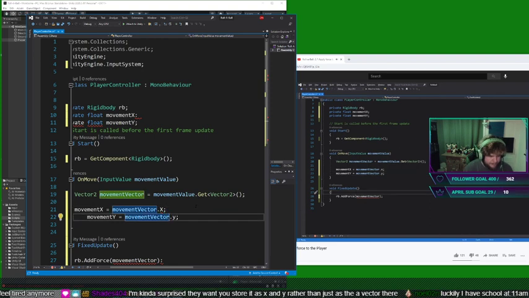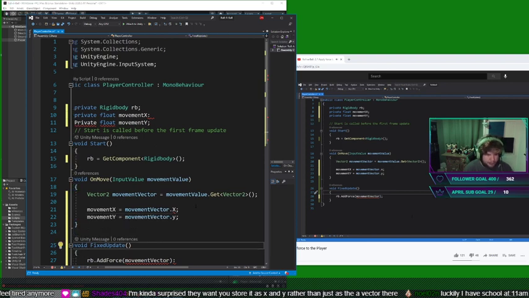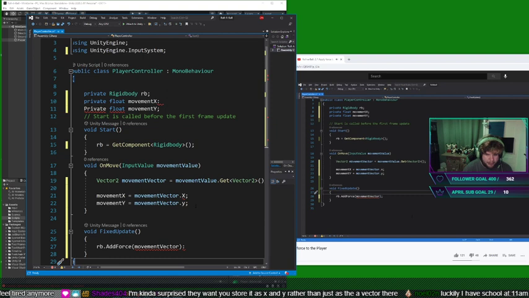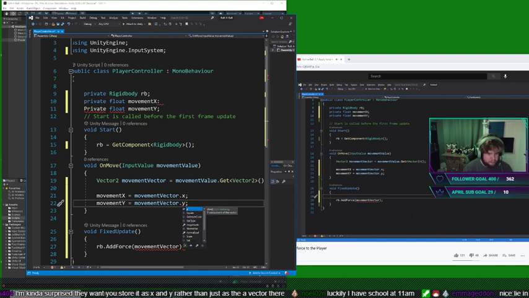To fix this, you can combine the movement floats you just created inside of fixed update to create a vector3 variable. This will take 0 as the y value because the ball needs to move along the x and z axis in 3D space. In the fixed update function, add a new line at the top of the function and write